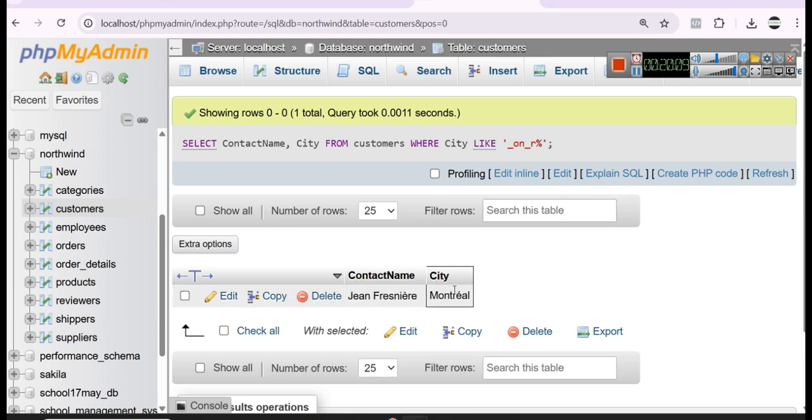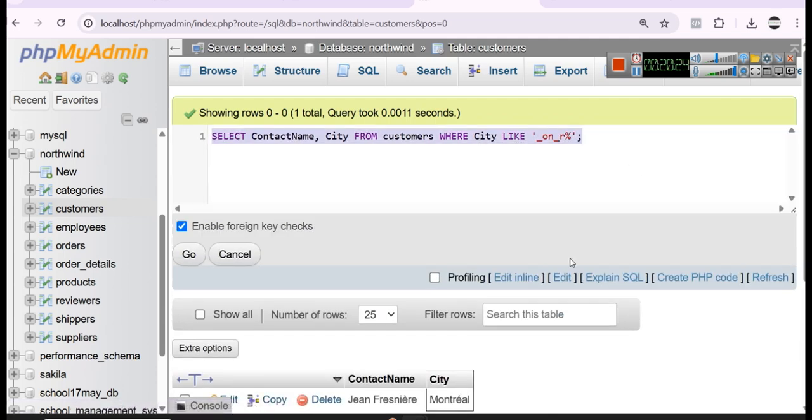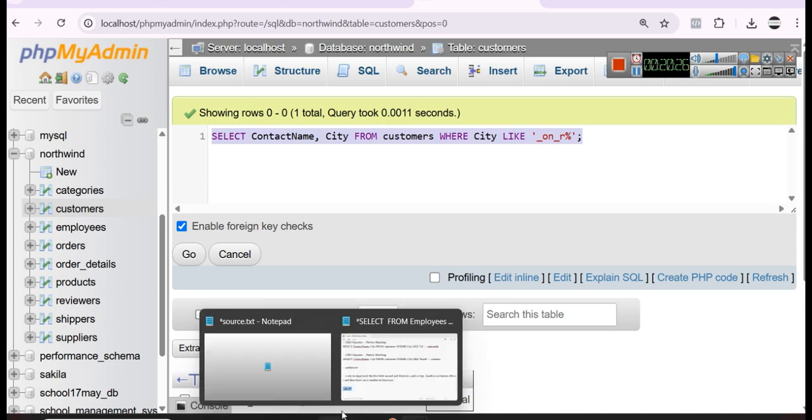It is Montreal, right? First letter is M, then there is ON, then third is T, and then we have R. Let's say, on the basis of that question,